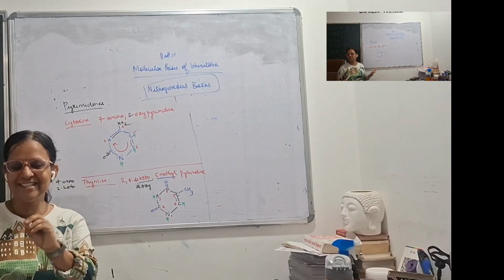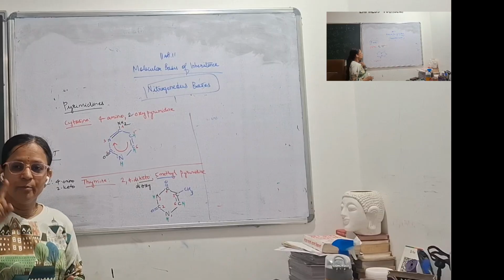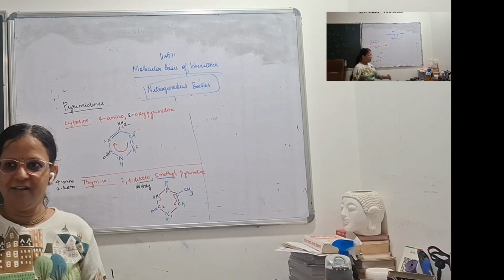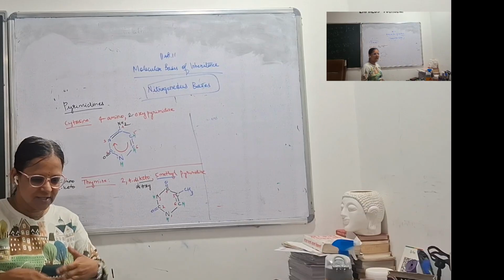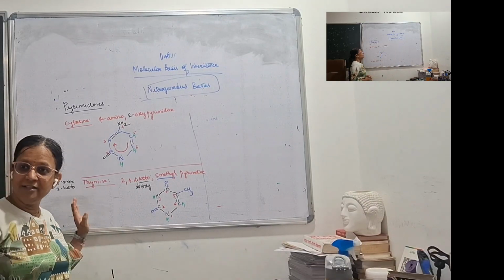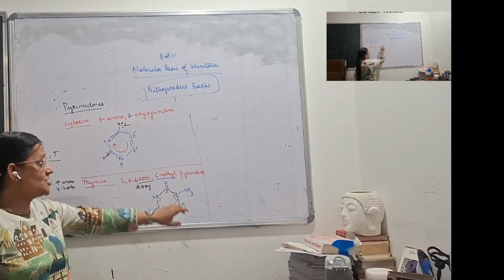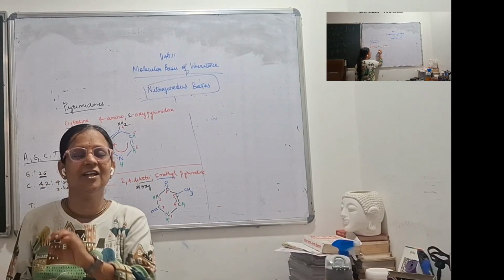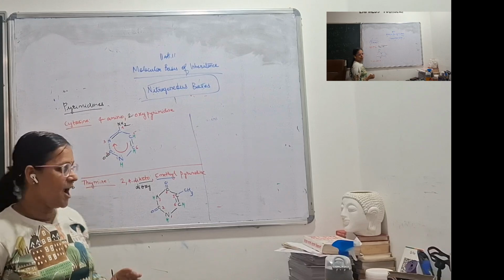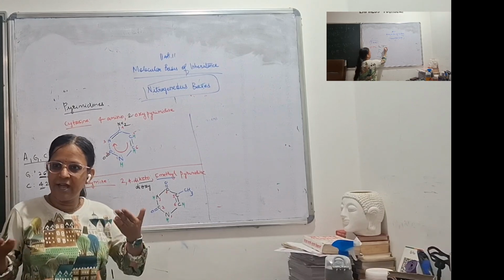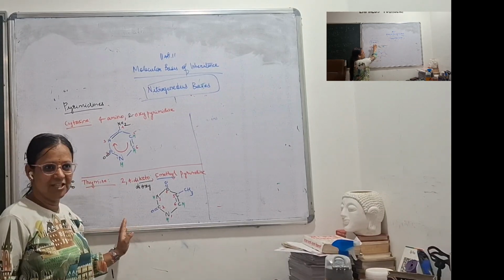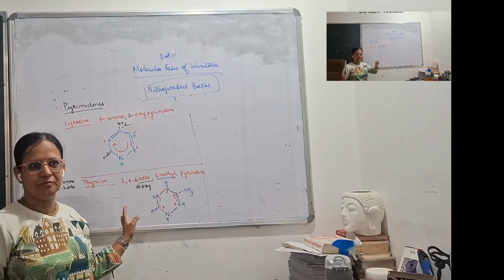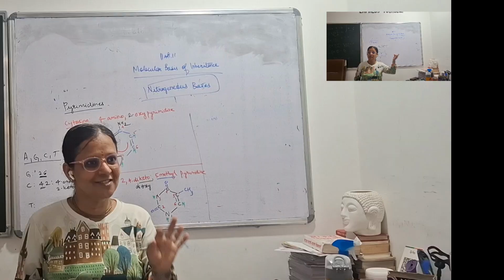I'll call it a culprit because, because of the structure of uracil, there are mutations occurring in RNA. If somebody asks you why the RNA keeps on mutating and why the DNA is stable, it is because of the structure of uracil. Because of the uracil present in RNA, RNA is unstable. And thanks to nature, thymine is present in DNA, and because of thymine, the DNA is stable. And because of uracil, RNA is unstable.